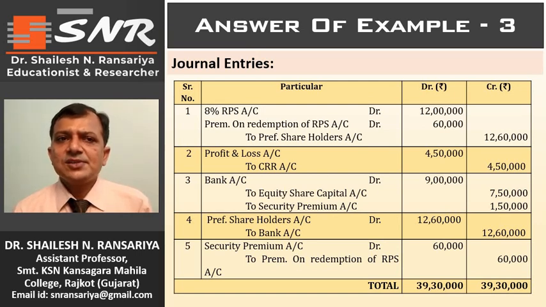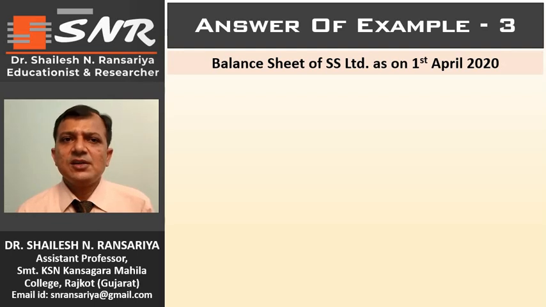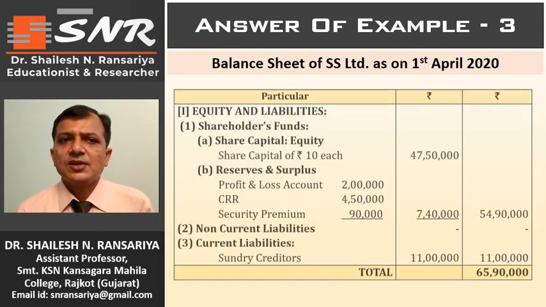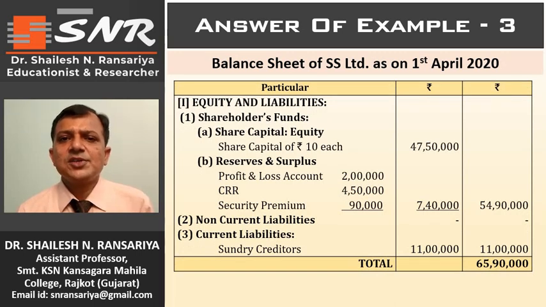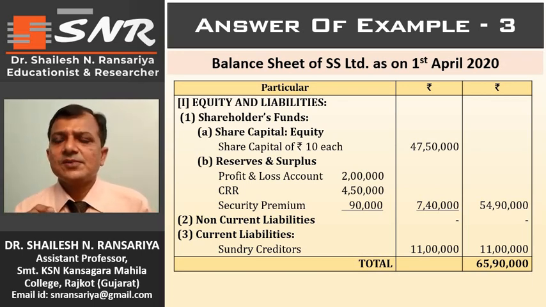Now the balance sheet. Balance sheet of SS Limited as on 1st April 2020, as per Companies Act 2013. Particulars, rupees. First, equity and liabilities. Under that, number 1, shareholders funds, divided into 2 parts. First, share capital. Second,